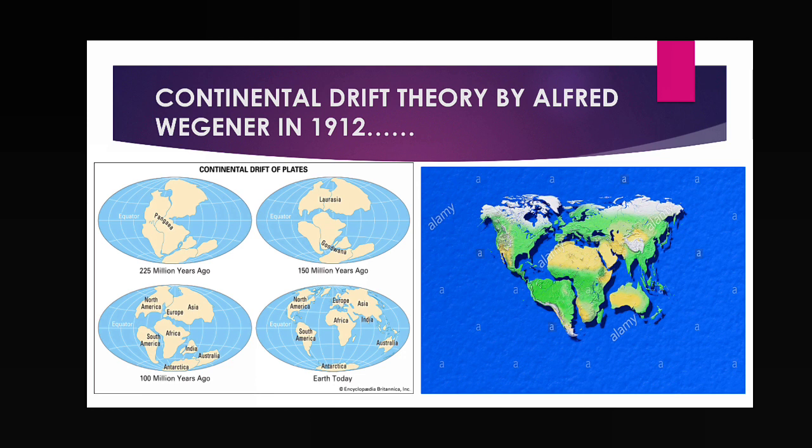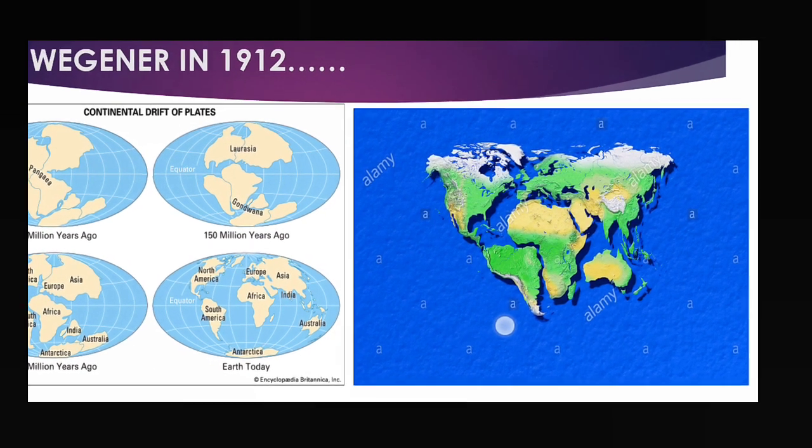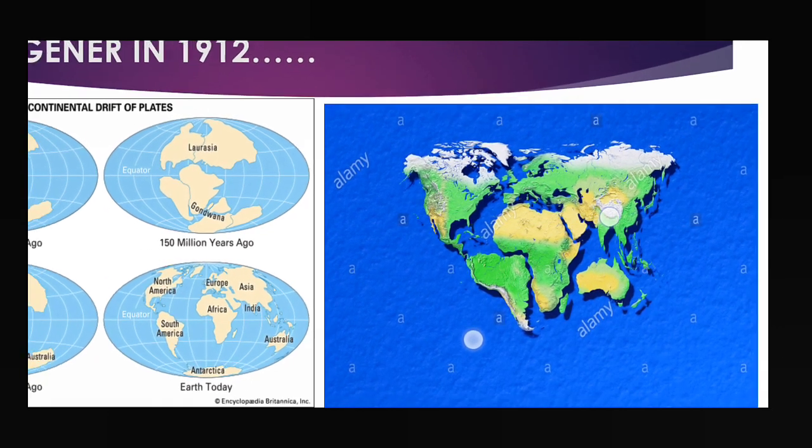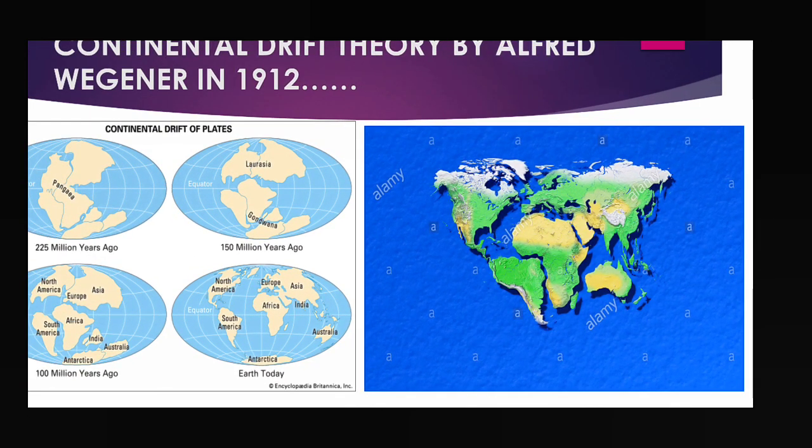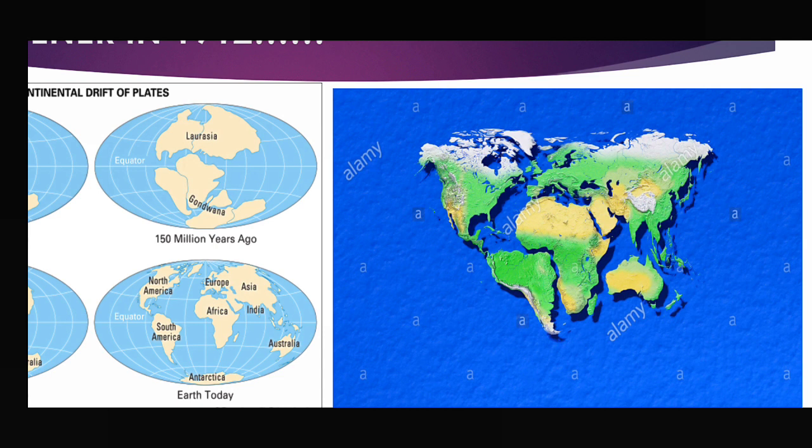Clear? So now you can ask for the evidence also, how it is possible to believe that continents were together in the past and now the continents are separated, and the present world map is made that way. So you can see here that South America and Africa, if you want to join them along this border, they can be joined together. Take a look, it is the indication. That means in the past they were together, now they are separated, now they are located far away from each other. In the past they were together, and that's why along this boundary line they can be joined. That is the indication. That means in the past they were together and now they got separated from each other.